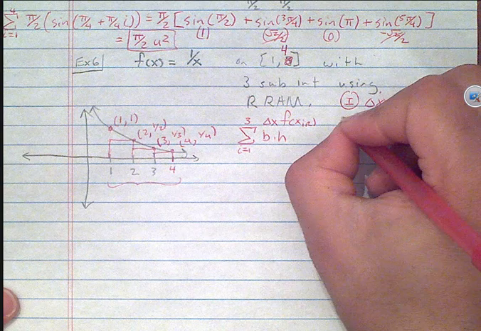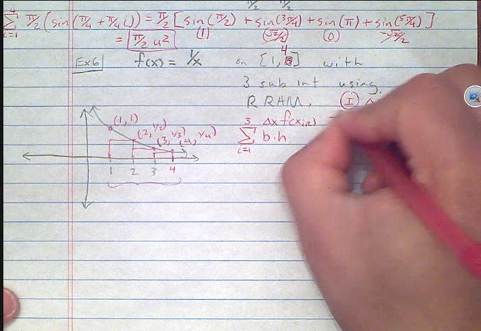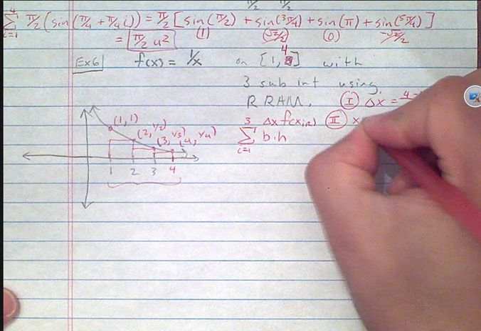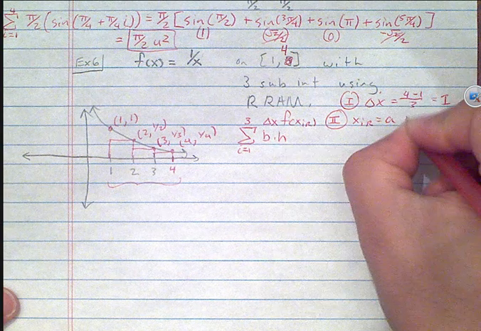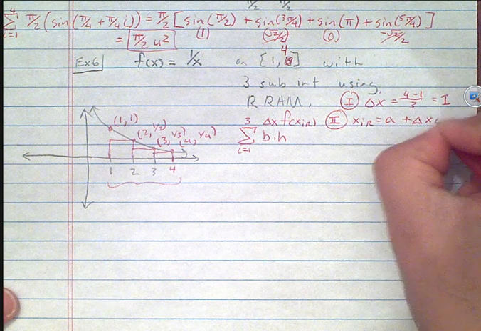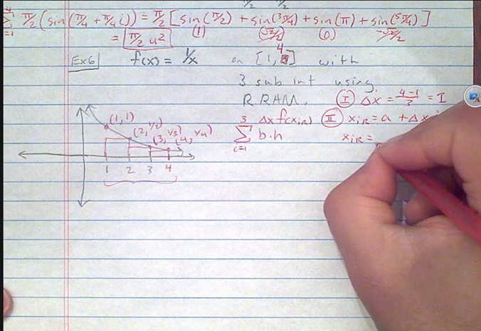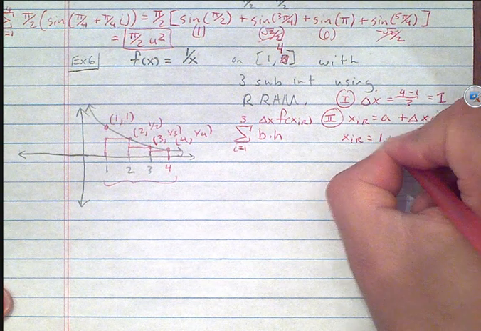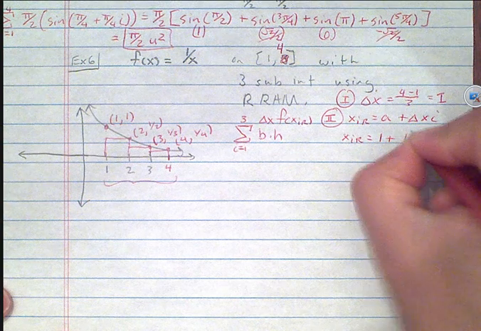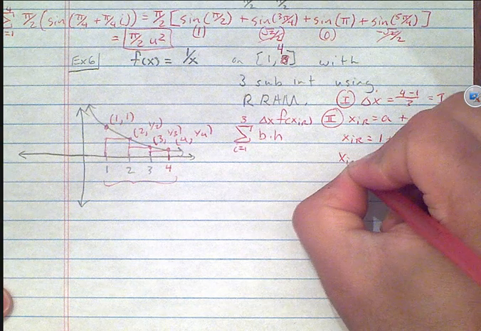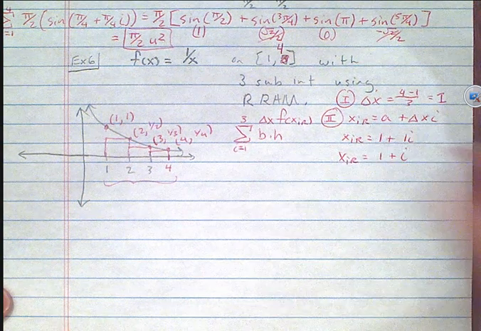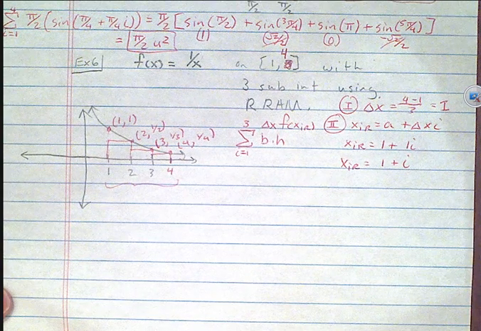Step 2, find x of i_R, which is a plus delta x i. x of i_R equals 1 plus delta x, which is 1 times i, so x of i_R is equal to 1 plus i. There we go. And then step 3,